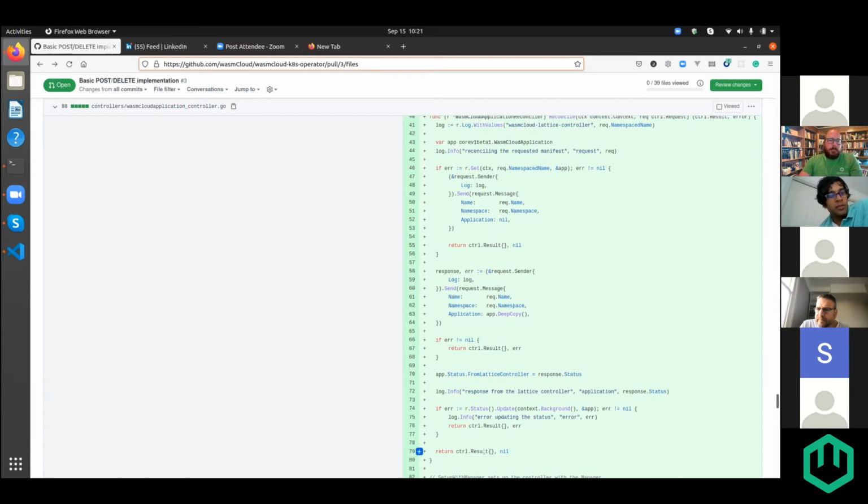Yeah, that's the trick. The lattice controller needs to remain agnostic, so it can't do things that are specific to Kubernetes or specific to Envoy, but we can certainly take inspiration from how other products are doing things. So yeah, if you could share a link to that. Yeah, I can do that for sure.